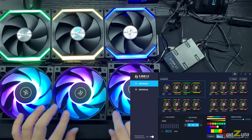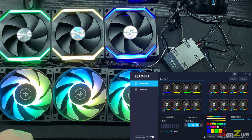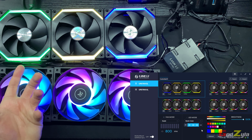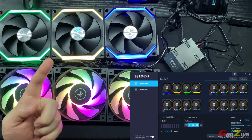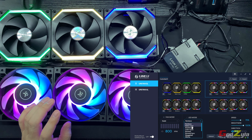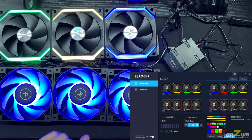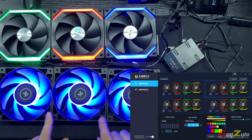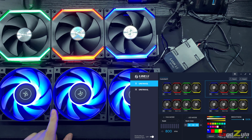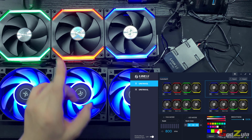But for other fans that you want to connect, it's different. They do not have a chipset. That's why their drawing amperage is lower. So let me just switch to output 2. If I were to set to static and apply, let's say I put default and apply all, see, it only changes one color, which is the front color. No matter what you change in the middle or on the third fan,